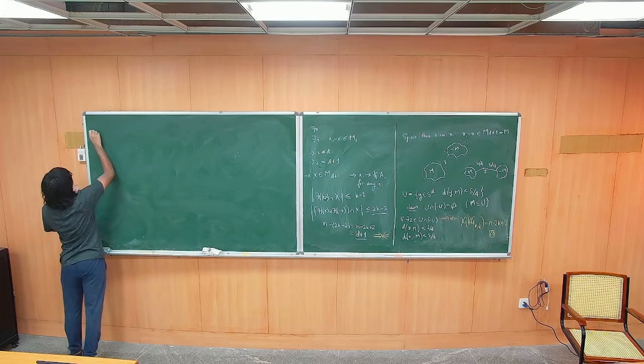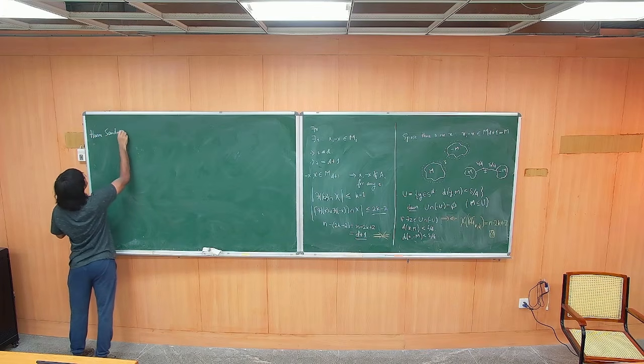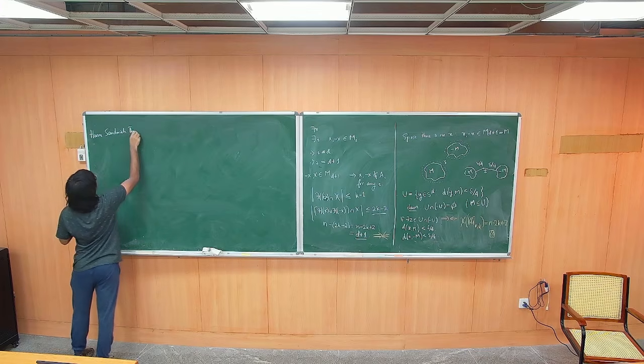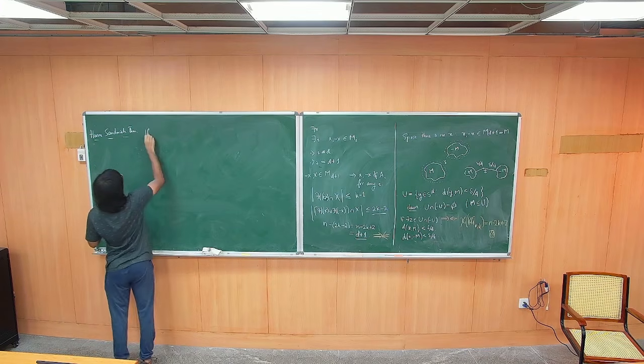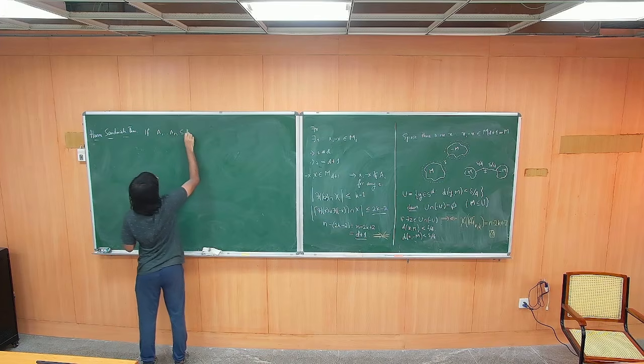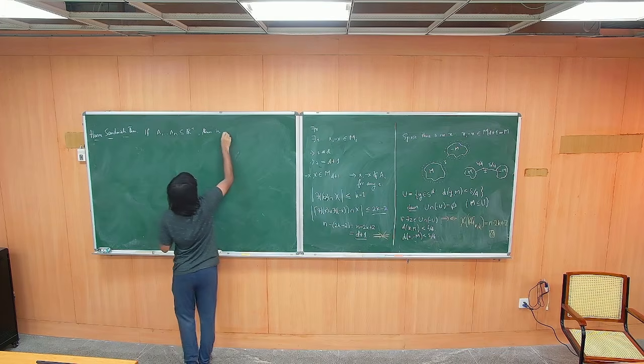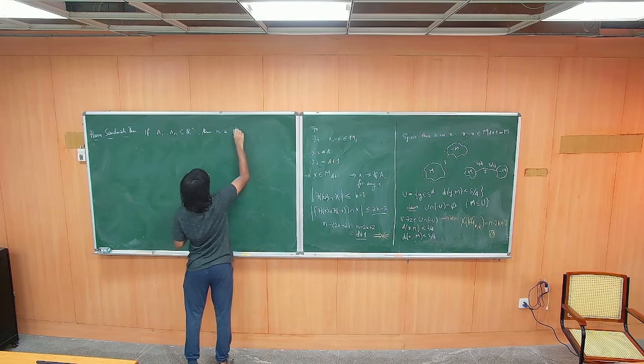This is called the Ham sandwich theorem. So if I have A1 through An subsets of Rn, then there is a plane